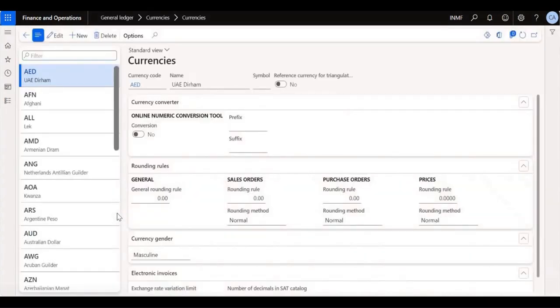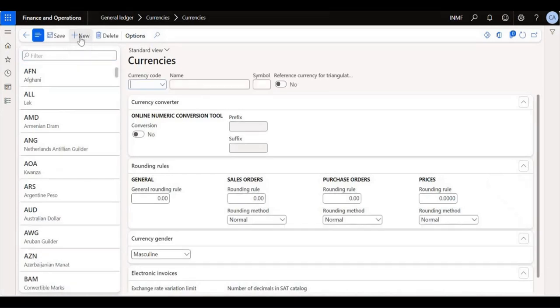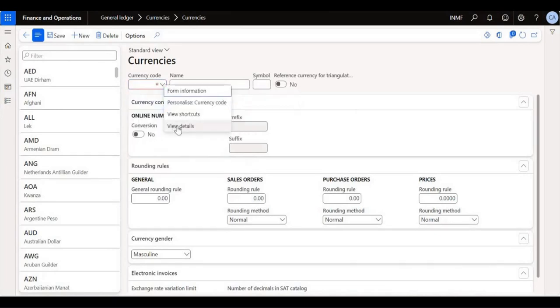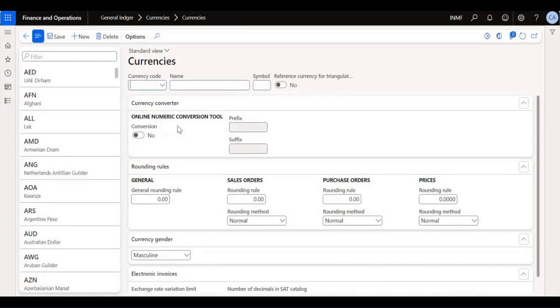This is the currency master where we can create currencies. We can create the currencies manually as well as through bulk upload. If we have to create a new currency, we can create it from here itself. If you can see, there is a currency code as well. So if I do a duplicate,